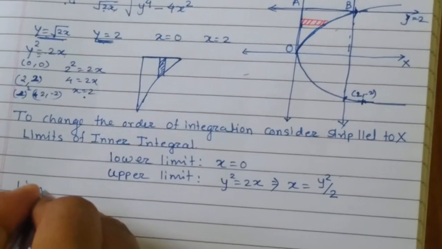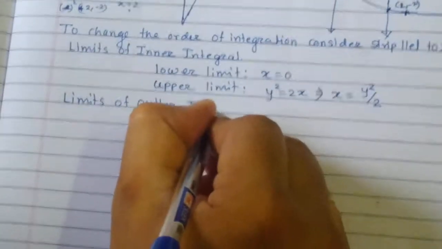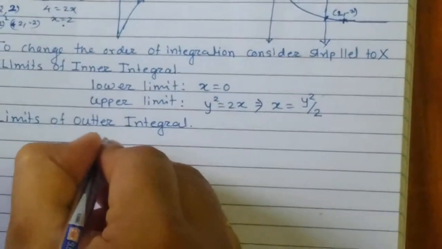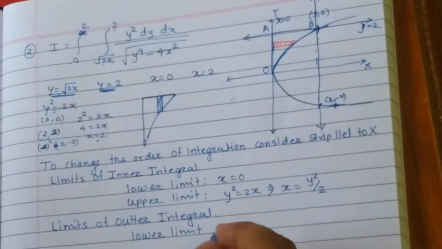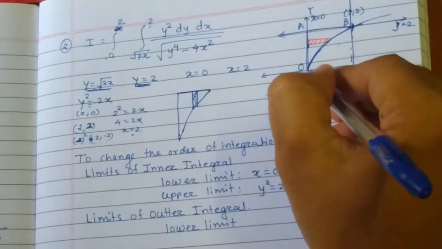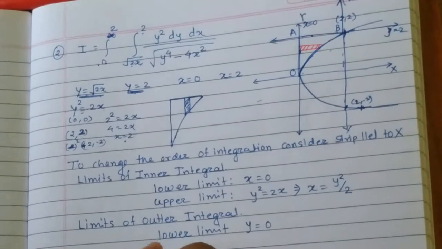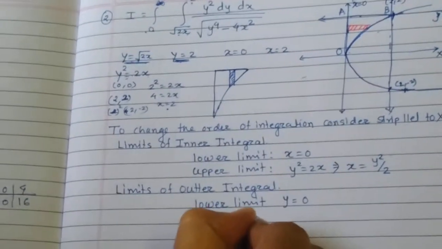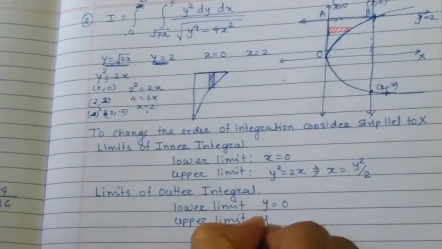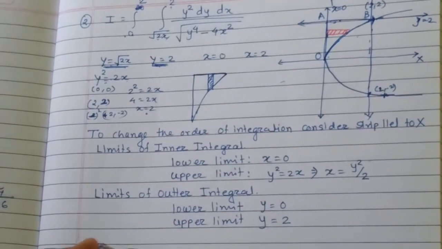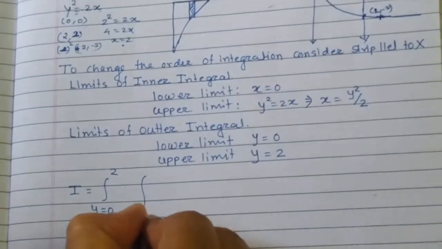Now the limits of the outer integral. Lower limit. For the outer limits, your strip movement is from the point O to AB. So at point O, what is the value of y? 0. And upper limit. Your strip will be moved up to AB. So at line AB, what is the value of y? 2. Hence, my integral I becomes integration y is equal to 0 to 2, integration x is equal to 0